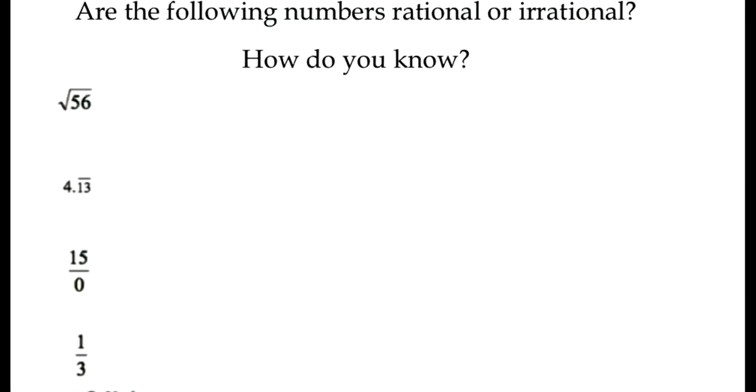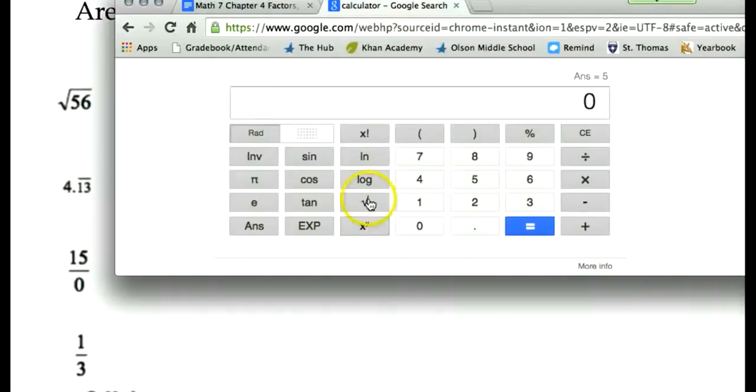So the square root of 56, I cannot tell if that square root is rational or irrational until I take the square root of 56 with my calculator. So I'm going to use this button right here, which is the square root, enter 56, and hit equals. Notice that the decimal goes for a really long time and it fills up my calculator space. So my decimal is